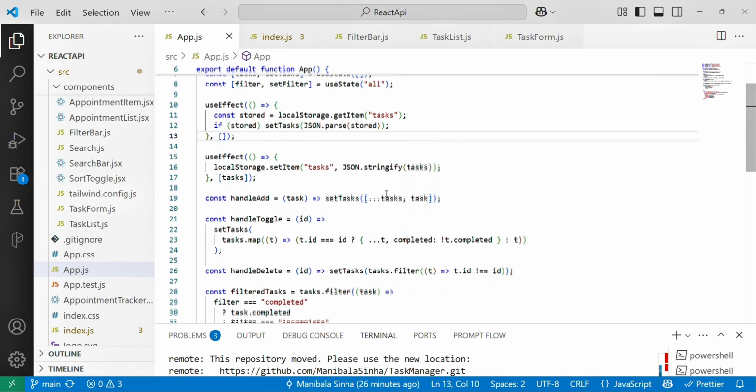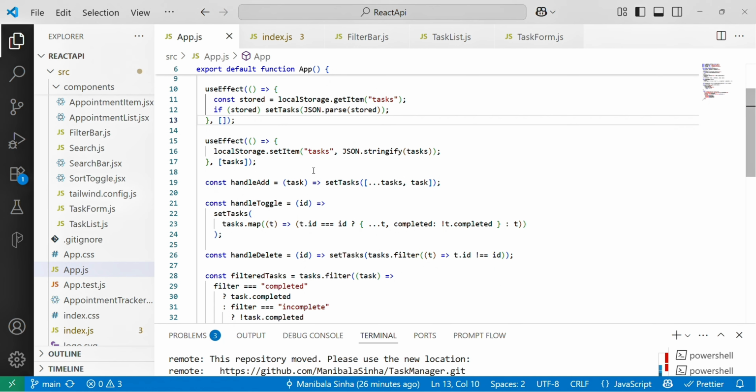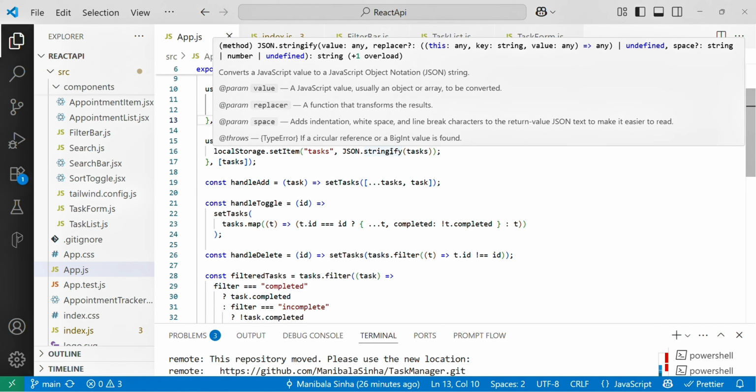So useEffect, constant stored equals localStorage.getItem tasks. So it runs once when the component loads, with an empty dependency array. So if stored, setTasks JSON.parse stored, so it reads the tasks from local storage and